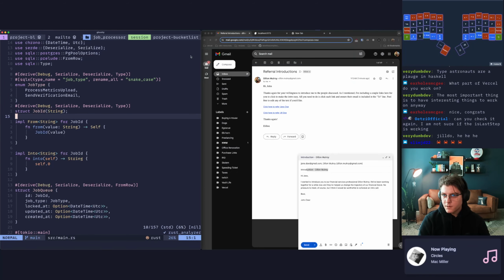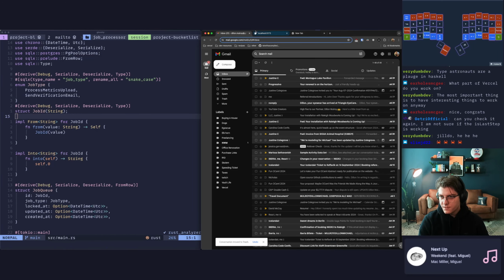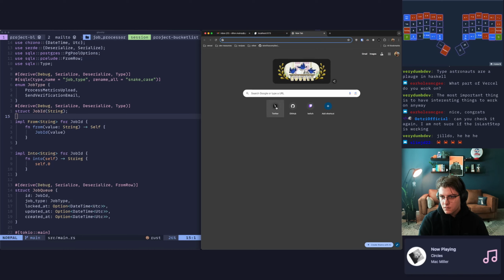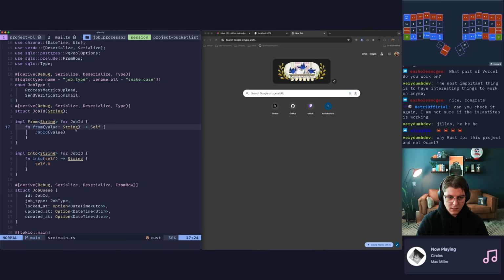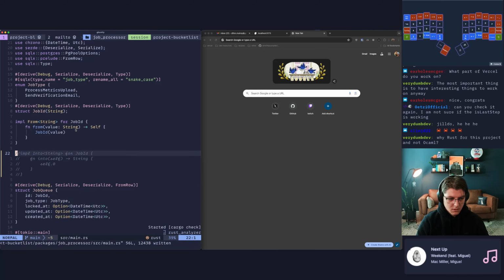Oh yeah, there was a thing I wanted to copy from Tech Savvy Travi. Showed me a cool little trick on this guy. Let's see if I can figure it out. So I can get away from why Rust for this project and not OCaml. I want to learn Rust.